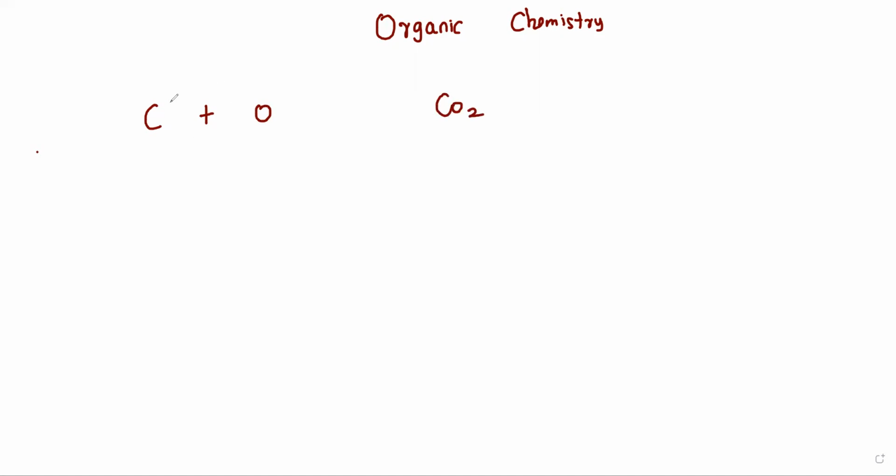So what will happen in the atomic structure, or inside the atom of both carbon and oxygen? That we have discussed. Similarly, how carbon and hydrogen join, and hydrogen and nitrogen, how they are joining. These are all the things we discussed in the last class. Do you have any doubts on that?